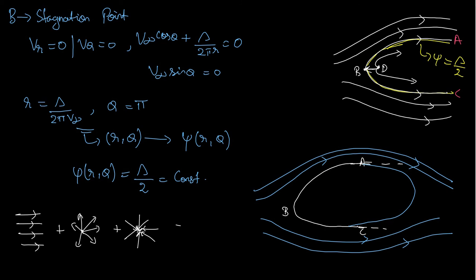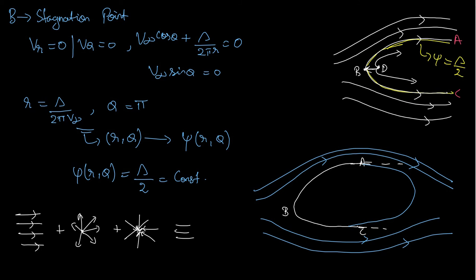So if I do this, I'll get a flow that looks like this. It is a closed elliptical region in the middle, and the flow goes. This is not a rigid body, keep that in mind. This is not any rigid body which we are keeping in a uniform flow. This is the flow itself caused due to the presence of the source and sink flow nearby.